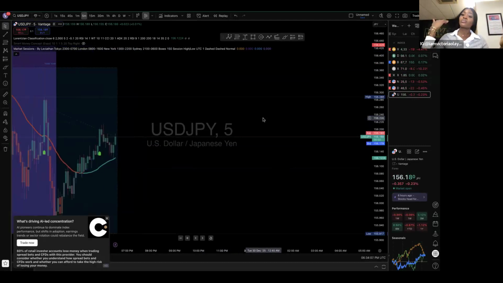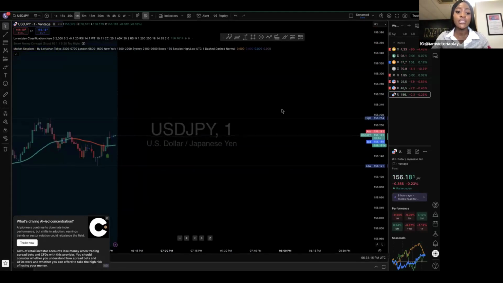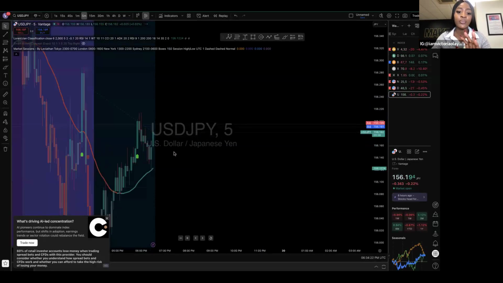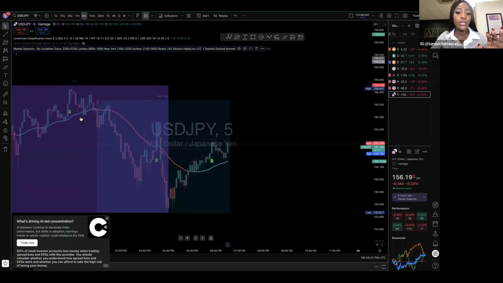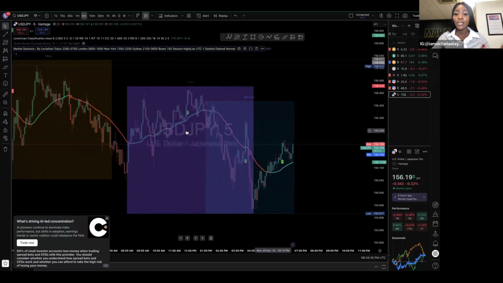So time frame. So some people ask, what's 1 minute time frame? What's 5 minute time frame? So 1 minute time frame simply means it takes 1 minute for a candle to form. Now, if I go to my 5 minute time frame, it takes 5 minutes for this candle. So for every candle you're seeing, it takes 5 minutes for each candle to form. So I hope you understand.